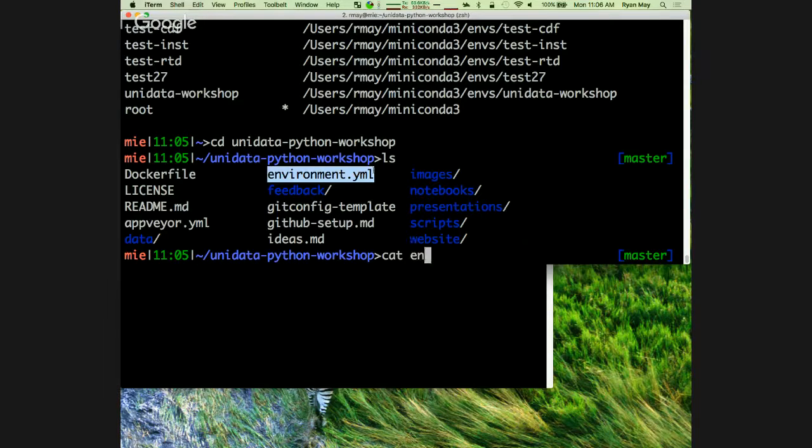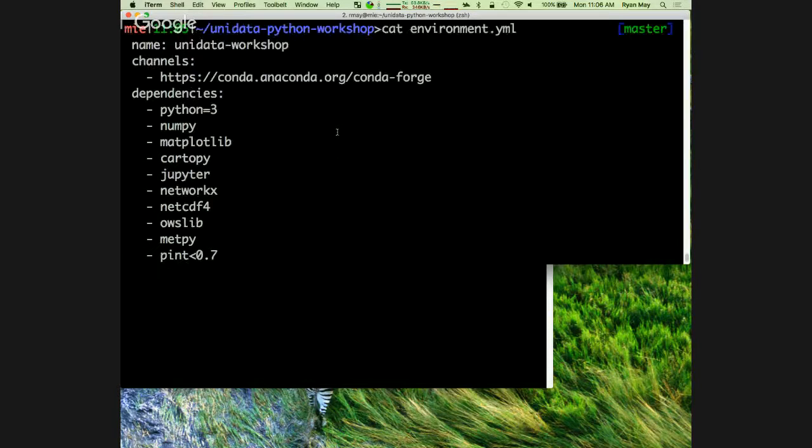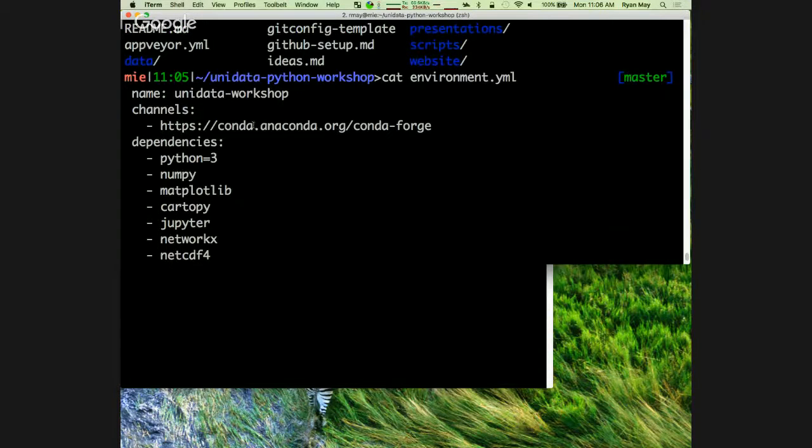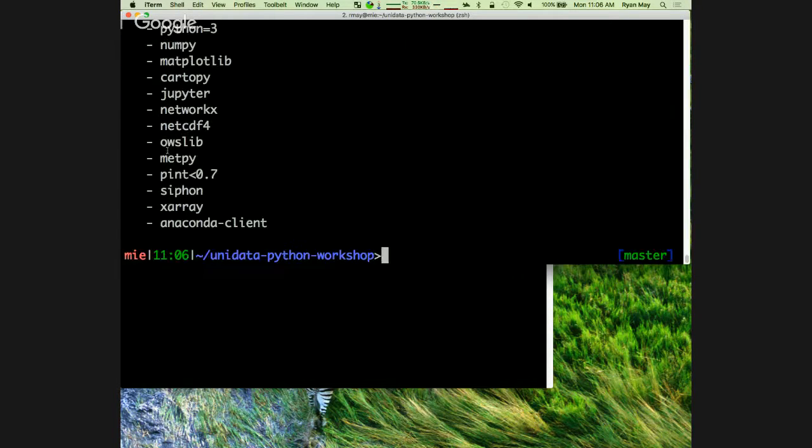So that's a configuration file that easily allows us to create an environment from just having everything specified in here. So we give the environment a name in here. We can specify channels we want, dependencies. But most importantly, from your guys' perspective, we can create an environment from that by going conda env create.